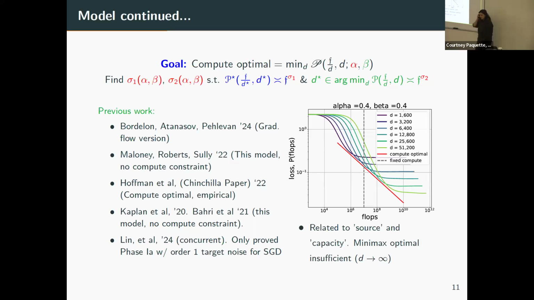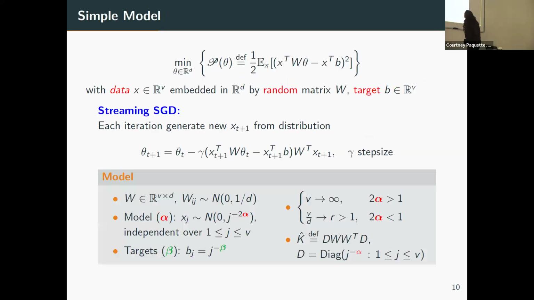It's been used quite a bit, yeah. Could you explain again alpha and beta, the model and complexity, and then the...